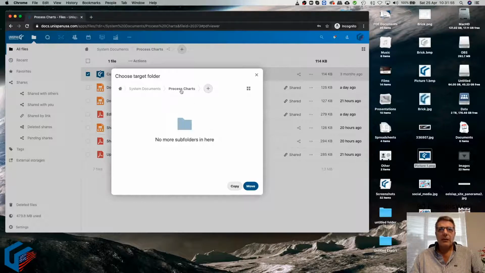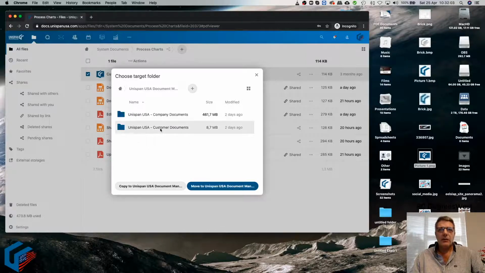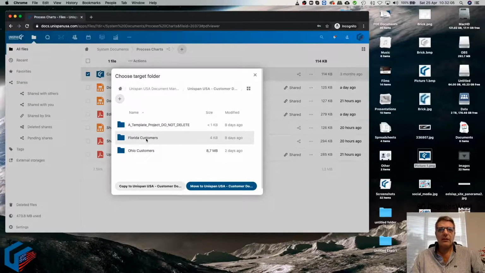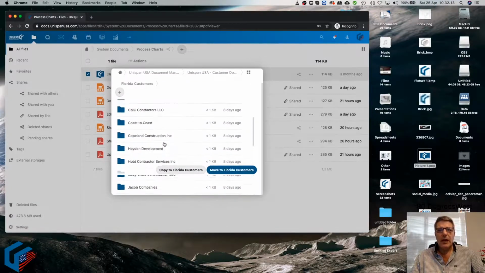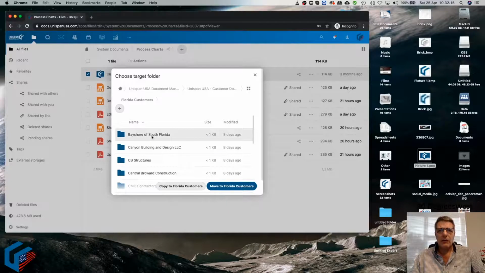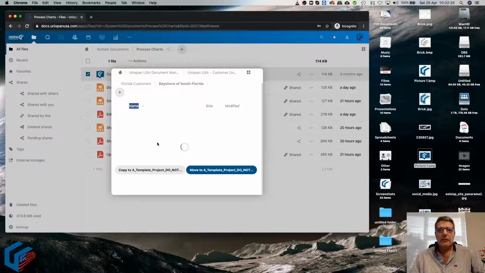I am currently in process charts, and that is a customer document, so I would love to go place it under customer documents. For instance, we say it's a Florida document, and here you will be greeted with all the customer folders. And if it's now, for instance, Bayshore of South Florida, I can just click on there, and it is an invoice, so I need to place it in the invoice folder. And so placing it in the invoice folder,